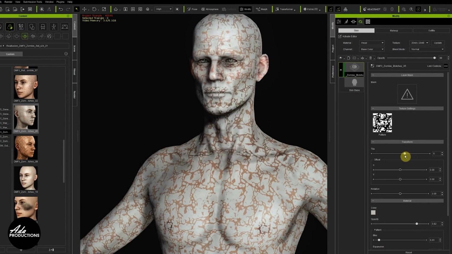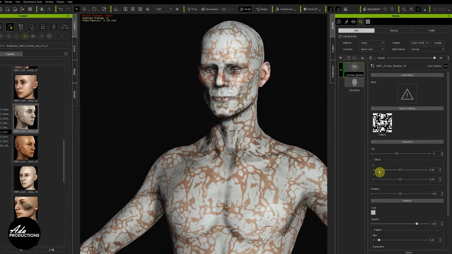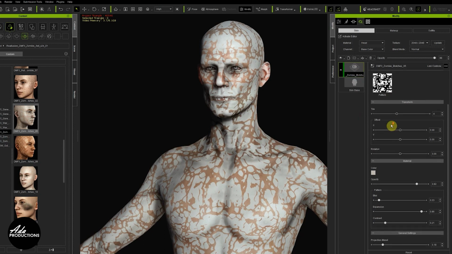Too much. Now that could be quite interesting. So I'm going to press this button here that says update. It's going to do its thing. I kind of think that's interesting. So the other thing to consider is this is kind of like a Photoshop, but with layers, kind of normal map information. So I'm going to increase the blur on this